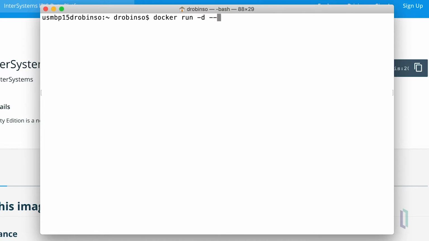We can specify a name for our container, which can make it easier for your own tracking and maintenance, expose ports so that we can connect to the container from the outside, and specify the image we want to use. Again, the setup instructions on the listing will have the most up-to-date information for this image name.